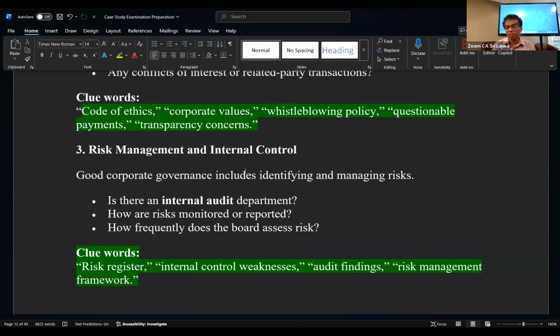A bank cannot make any mistakes. So they are heavily regulated. There are so many requirements. So make sure that you are aware of that, because the examiner can test governance. Governance means you have to follow and comply with all requirements, right? That is your model. How you are going to do your checklist.